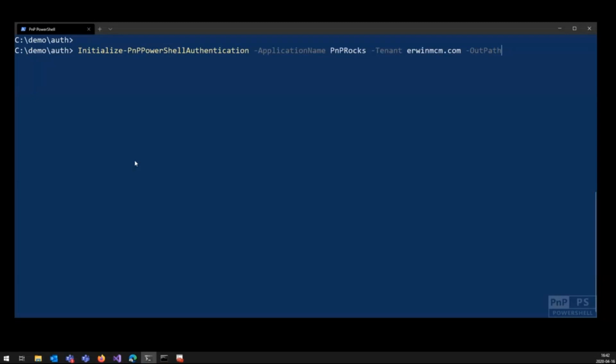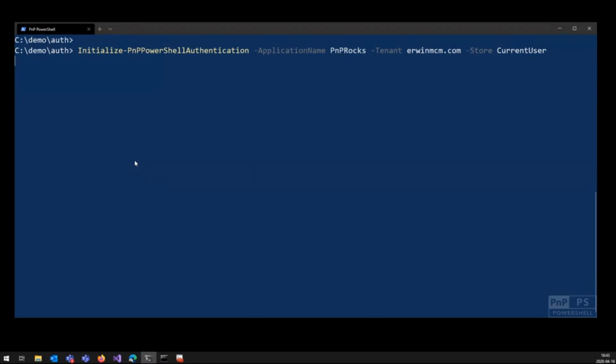If I specify the out path, it will actually generate both the CER file and the PFX file, so the public and the private version of your certificate. It will create those, so you can take them with you somewhere and reuse them if you want to. But if you don't have to do that, you can also just specify the store parameter. You say, listen, I want to add that certificate to my current user store in Windows. So at this moment on, it will create the certificate and upload that certificate to your user store, your certificate manager in Windows, and it will create the Azure AD entry.